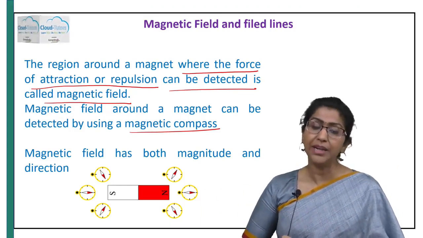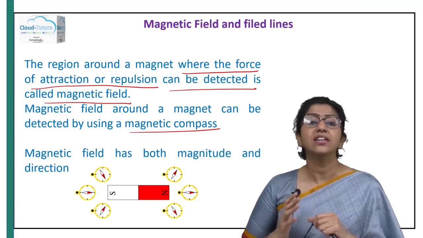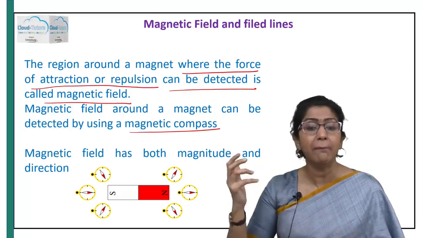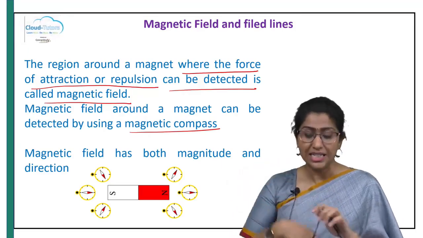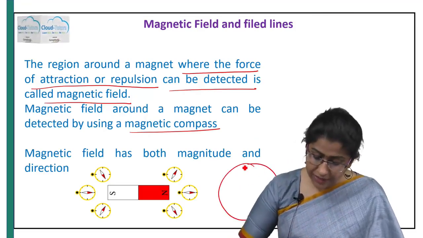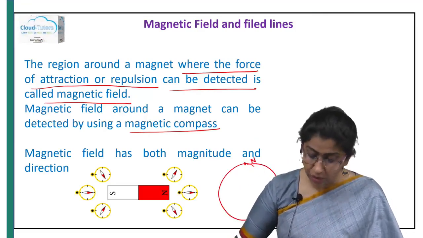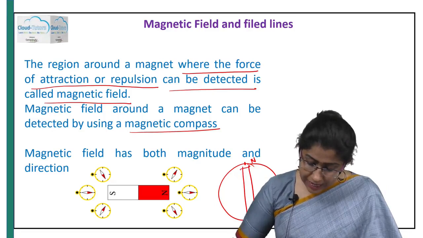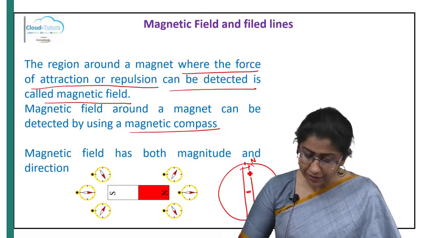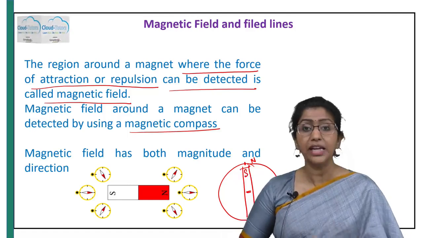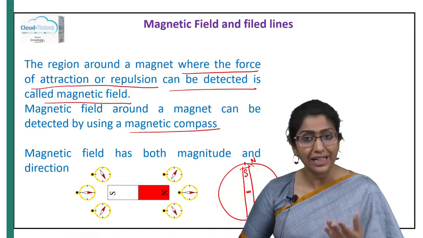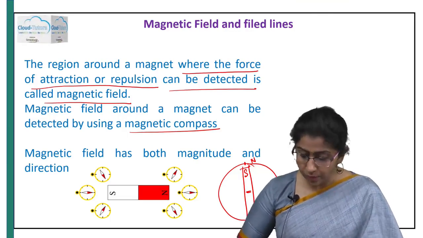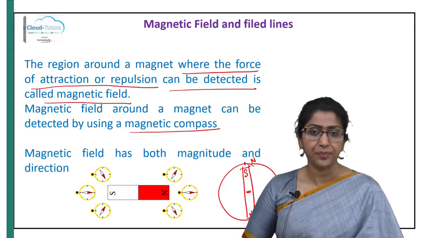Why does that happen? Because Earth has a certain kind of magnetic field, and Earth actually acts as a giant bar magnet, and this is how it basically is. If this is the geographic North Pole and geographic South Pole, Earth basically acts as a giant bar magnet, wherein the south pole of the magnetic field of the Earth exists at the north geographic pole, and vice versa, right?